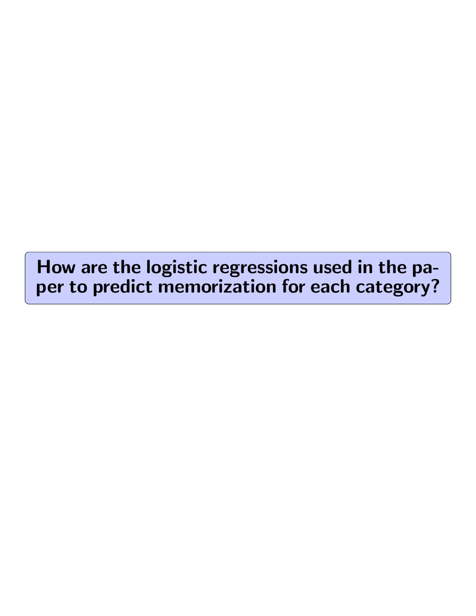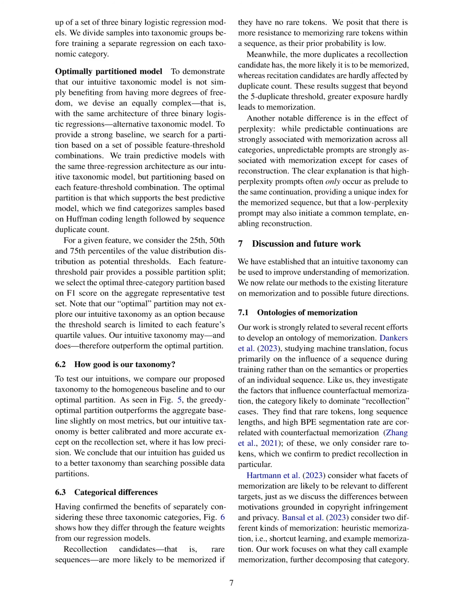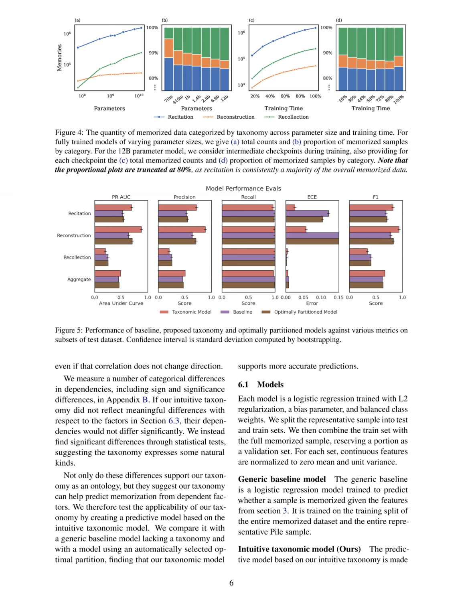How are the logistic regressions used in the paper to predict memorization for each category? The logistic regressions are used by training separate regression models for each taxonomic category. The paper divides the samples into recitation, reconstruction, and recollection categories based on the proposed taxonomy. Each category is then analyzed separately by training a logistic regression model with L2 regularization, a bias parameter, and balanced class weights. The training data is split into test and train sets, with continuous features normalized to zero mean and